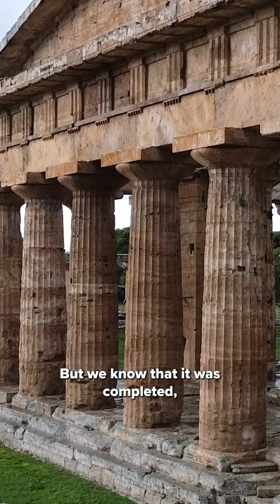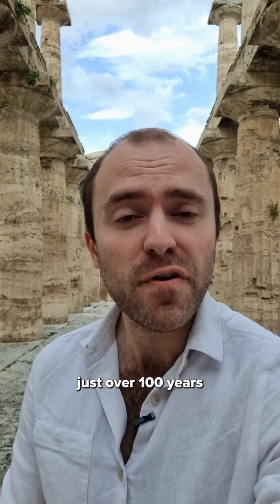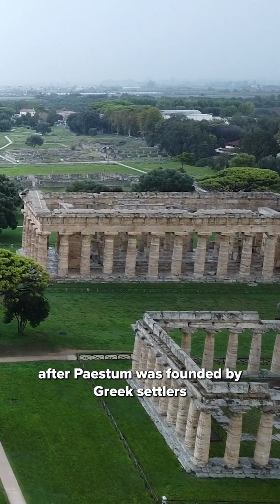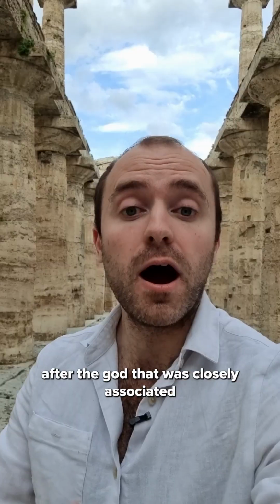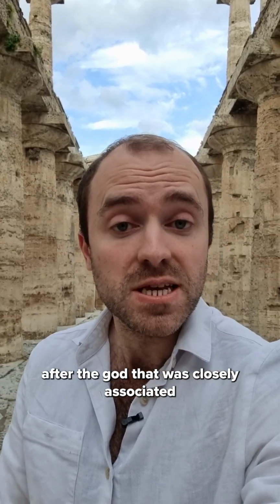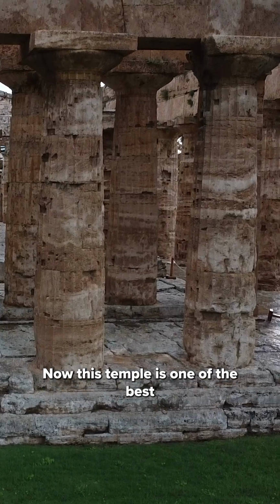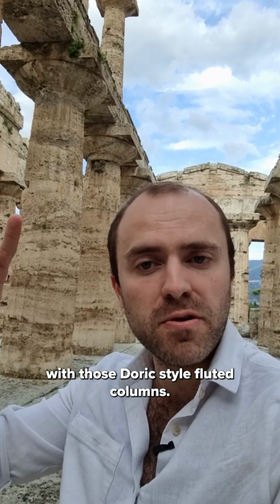But we know that it was constructed in the 5th century BC, just over 100 years after Paestum was founded by Greek settlers. And the Greeks called this place Poseidonia, after the god that was closely associated with this city, Poseidon, god of the sea. Now, this temple is one of the best examples of Doric architecture, with those Doric style fluted columns